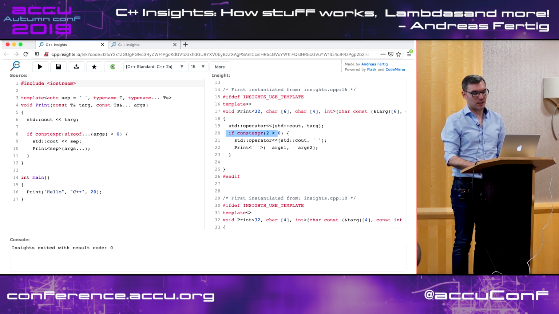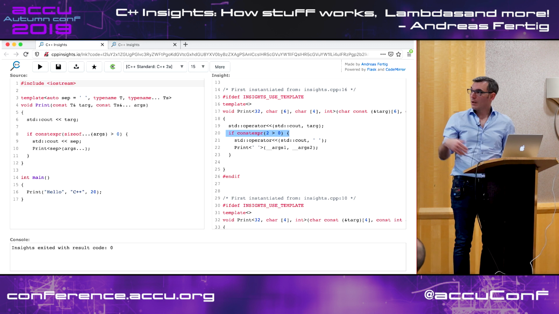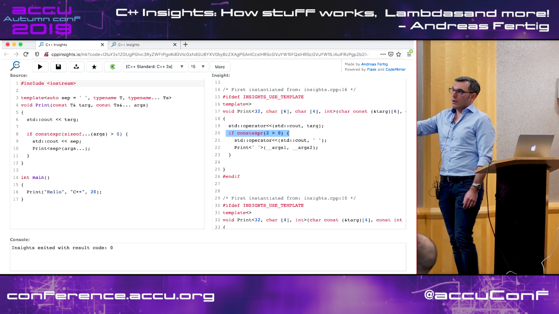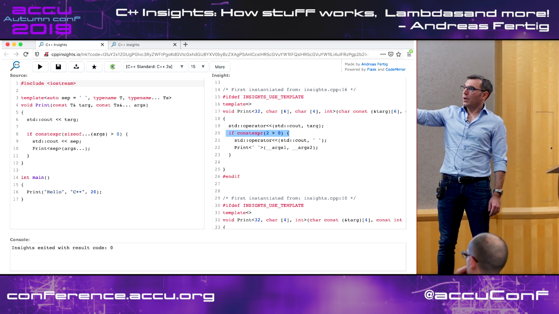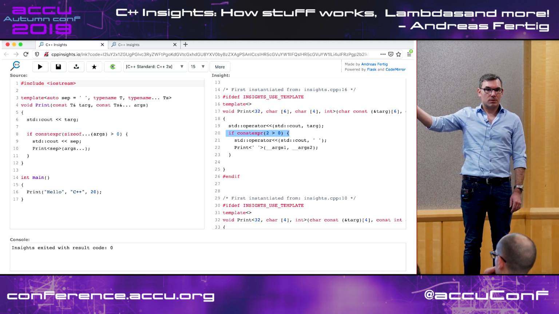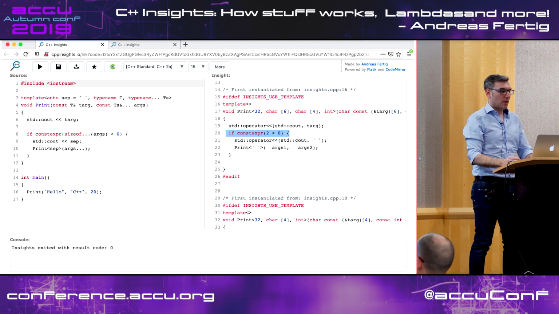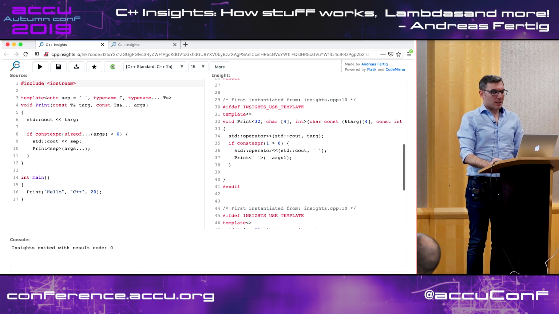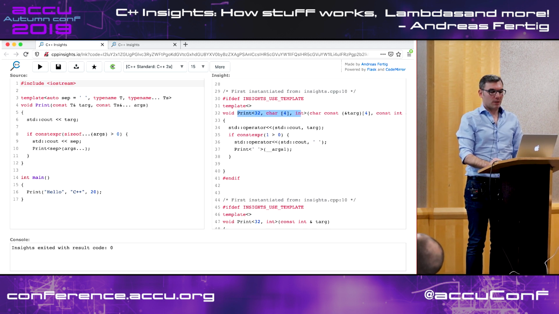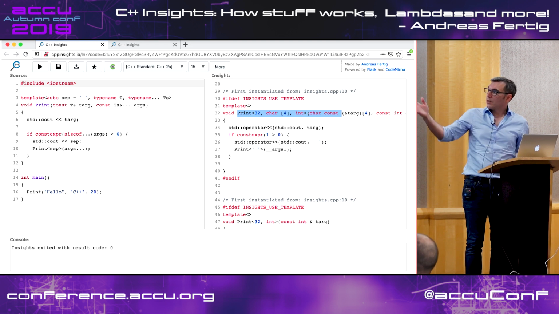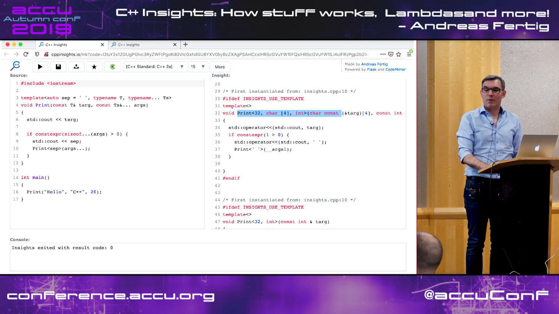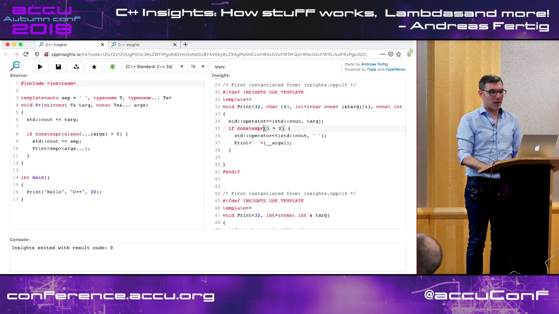And here we can see the constexpr if. The compiler at this point, of course, knows the size of the pack. It's 2. That's why I can print it here. Then we see the next instantiation of this print. It now has only 2 parameters, a char array and an int, and the pack size, as we can see here, is reduced to 1.